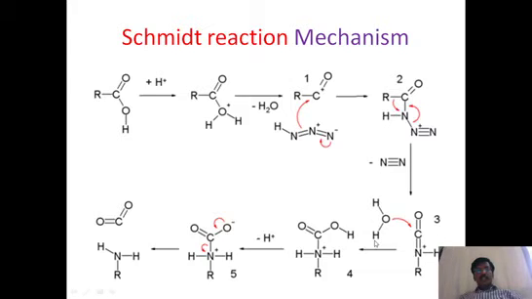This isocyanate is very important, and it further undergoes hydrolysis, so that oxygens are attached to carbon and carbon dioxide is formed, which is eliminated, and hydrogens are attached to nitrogen, so that RNH2 is formed. So this is our interest. The final product is RNH2, the primary amine. In the Schmidt reaction, primary amine is the main product. The reagent is hydrazoic acid, azide we can call, and the reaction is from carboxylic acid.